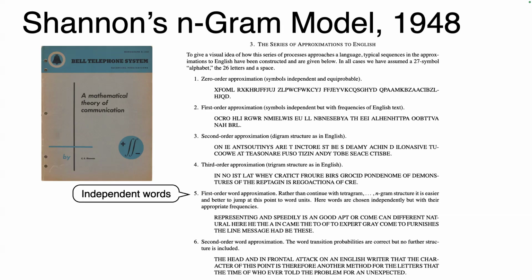And then he moved from letters to words. So this is words generated independently, and here are words that are generated given the previous word. Okay, and you can see that if you just generate words randomly, given the previous 2 words with the right probability, then it almost looks realistic, right? I mean, you can read this. It's a little hard for me to read.